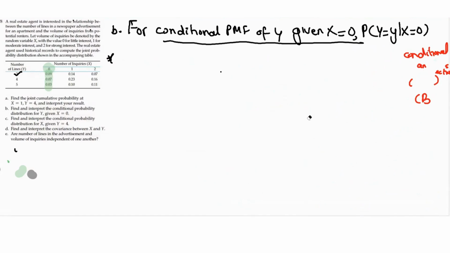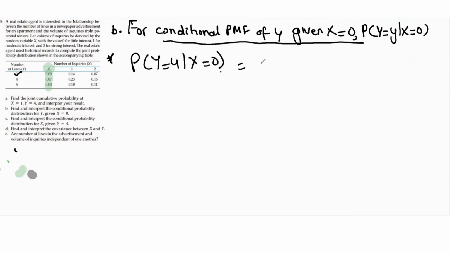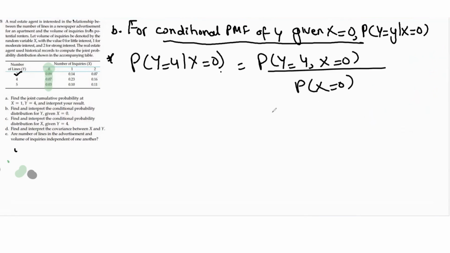So basically we want to find the probability y is equal to 4 given x is equal to 0. Now again apply the definition of conditional probability. This is the probability y is 4 and x is equal to 0 divided by the probability x is equal to 0. This is, let's just erase this up. This is again